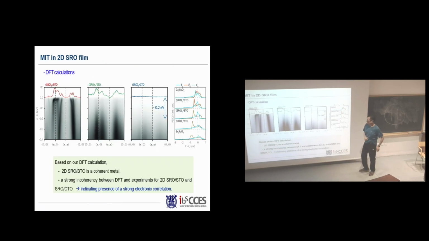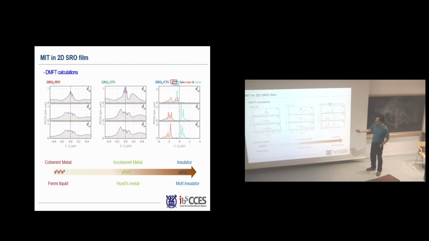So this is DFT, but anyway, if you do the DMFT, you can see that in this state you can have metal-insulator transitions and so on. And here is the state, and if you do the calculation, a quasi-particle peak comes out, but we still do not have exact experimental data to compare with. That's the current status. But still, we start to believe that this should be a Hund's metal.